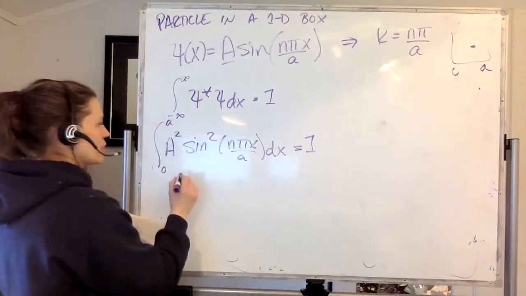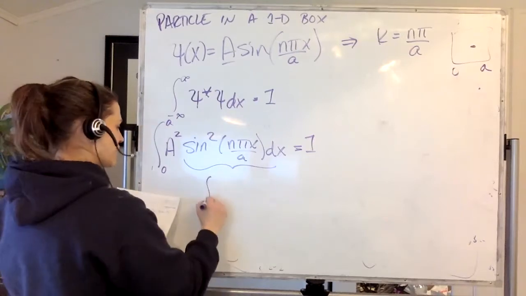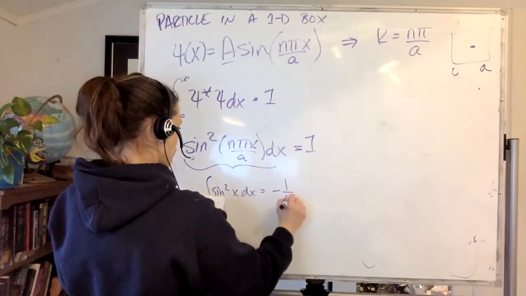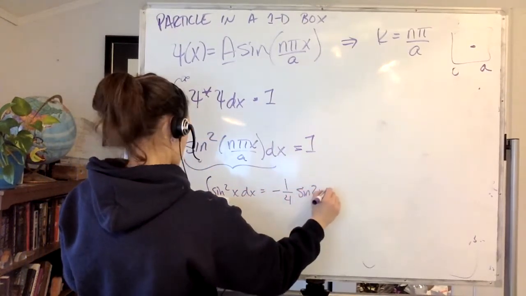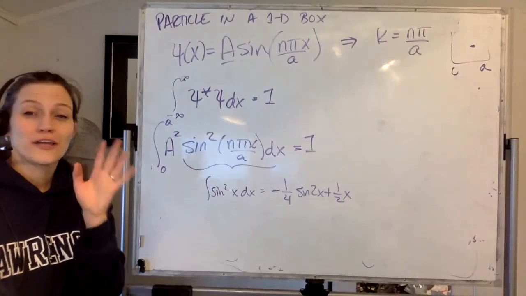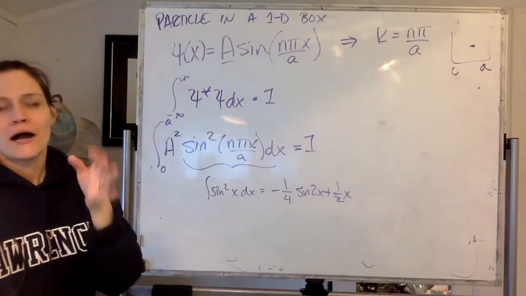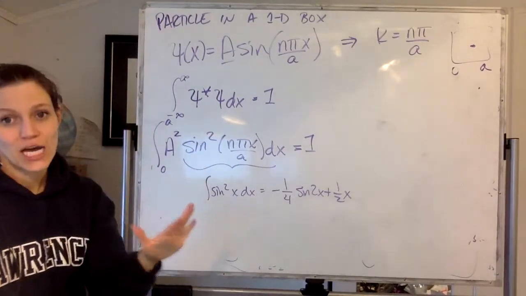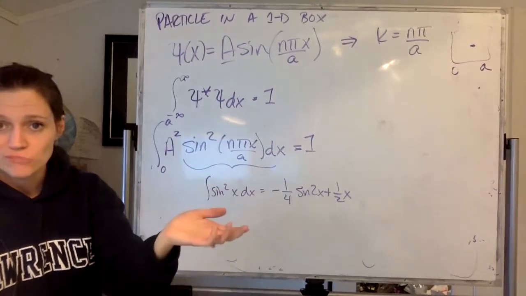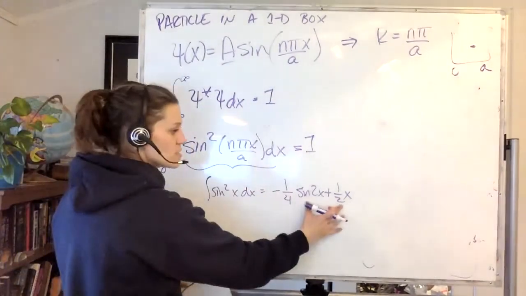All right, so what we are going to do is look this up in an integral table. And when you do that, you find that the integral of sine squared x dx is equal to minus 1/4 sine 2x plus 1/2 x. If you find yourself solving an integral via integration by parts or another method, good for you, stop it. Unless you really want to practice it, don't waste your time. Look this up in an integral table. It's important. In the resource section in Atkins, you can find this. And so what we're going to do is make our system fit this